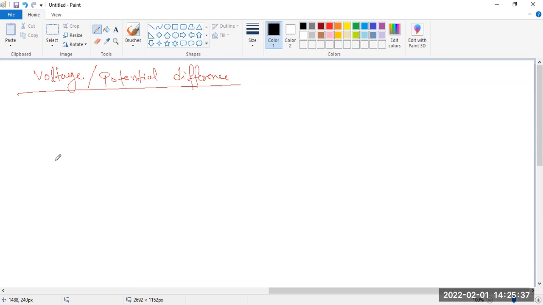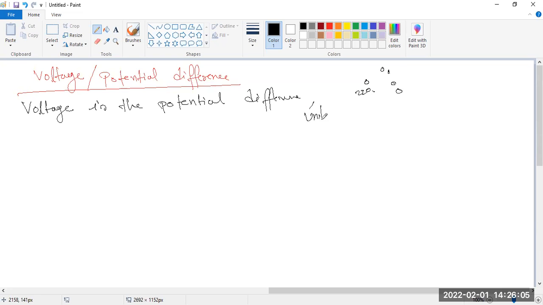Look, voltage is the potential difference. Just like if there are two sockets, this is 220 volt and this is 0 volt, this is earth. Okay, and the unit is also volt. So just remember, voltage is just a level difference. Potential difference means just like a level difference. Okay,